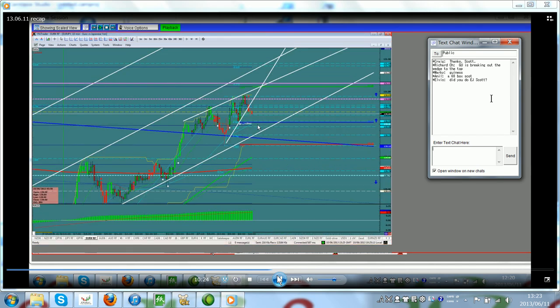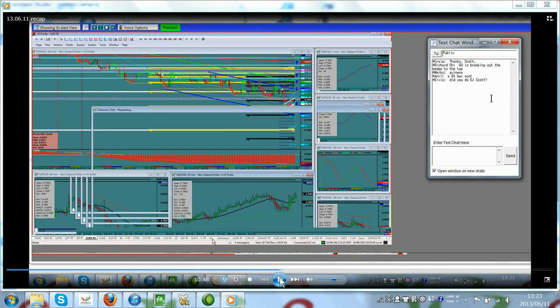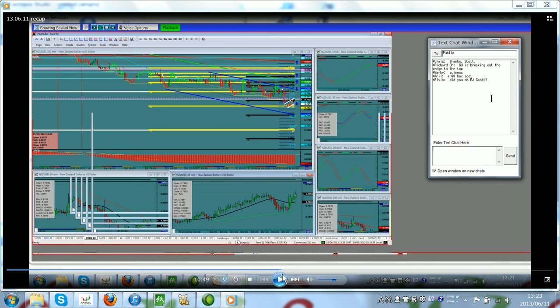I'll wait for the pullback from the rising wedge down here, about 130.50. It could come down as low as 130.46 right in here. Maybe the 786 fib, who knows. But we're waiting for the pullback, and then we'll just... That was Euro yen. We did Euro yen, but Elvis missed it so we did it once more. Next is the New Zealand dollar, which is finished, and we're good there.